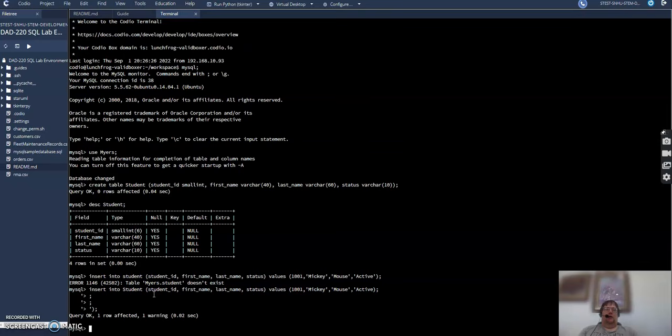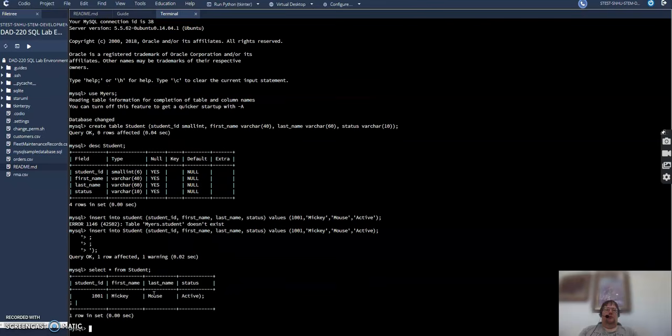But let's do a select now. So now I want to see the row that I added. So I'm going to do select star from student. And you'll see that there is, in fact, a row there. It has a little extra data in it because I messed up that last column. But now I'm going to do another insert. So we're going to do insert into student, student ID, first name, last name, status, and then values